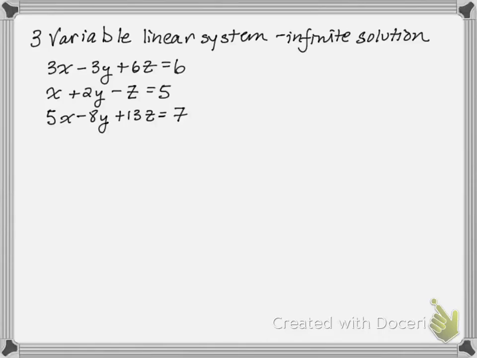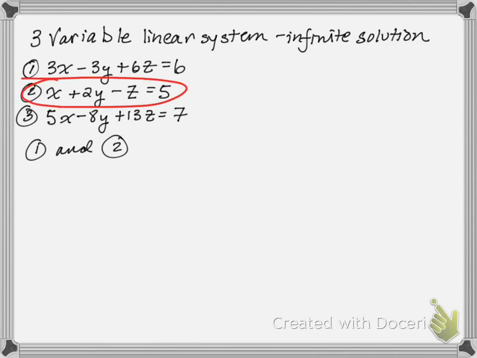In this video, I'm going to look at a three-variable linear system that has infinite solutions. If you've looked at my previous videos on three-variable linear systems, you know my method begins with numbering each of the equations, and then I'm going to choose two of the equations to combine. In this case, the first equation and the second equation I'm going to combine in order to eliminate the x term. So you should see that I'm going to be multiplying the second equation by 3 so that I can